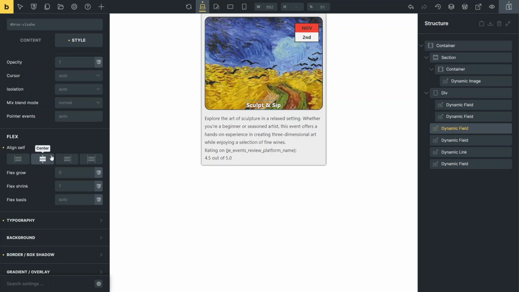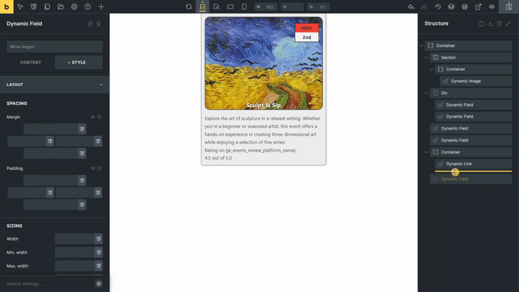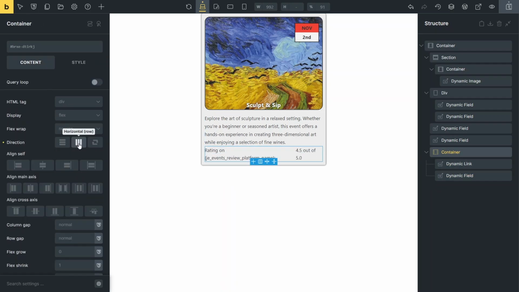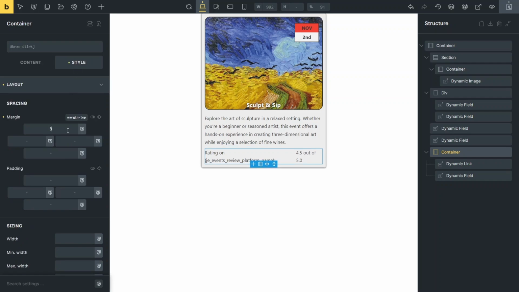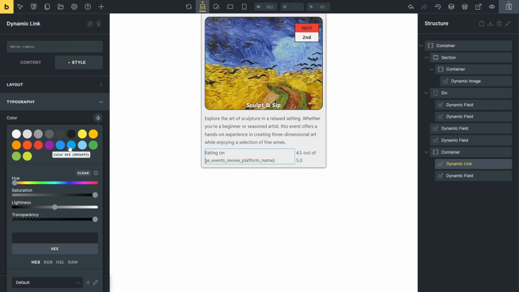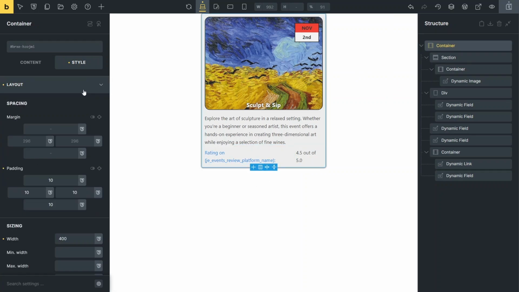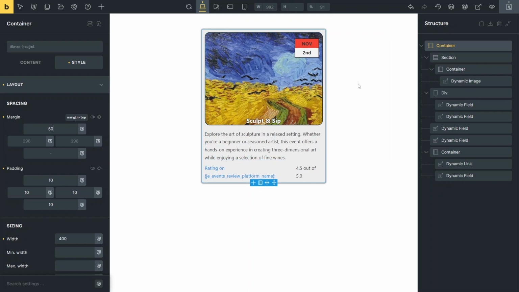Finally, I'll group the two elements displaying the user rating information into a single container to put them in one line. I'll adjust the spacing between them and add some margin to the top of the container. Additionally, I'll change the font color of the content linked to the rating sources. Now we're almost ready to preview the results. I'll just add some margin to the top of the root container to give us a better view of the